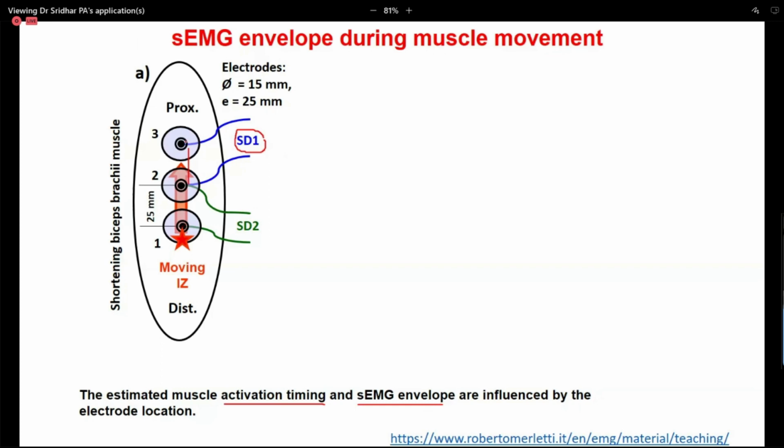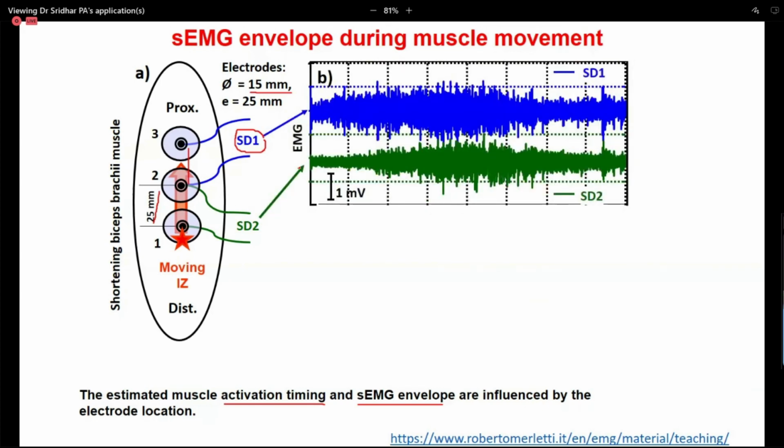I'm keeping 3 electrodes with a distance of 25 here. There are different types of electrodes; either you can use 15. 25 is the center to electrode distance, and based on the diameter I can compute the difference in this. So you can see the two different EMGs within this proximal location here. You get a different activity. So this is to look into